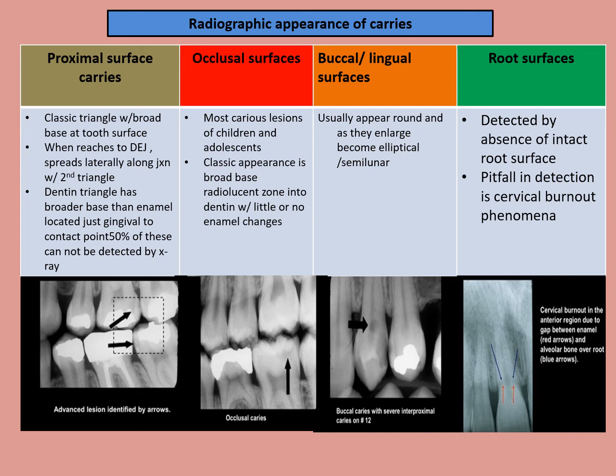Then we can see buccal and lingual surface caries. They are large, they become elliptical, semilunar. And the root surface caries, the old age caries, are detected by absence of intact root surface; you see softening and cavitation there. But don't confuse the root surface caries